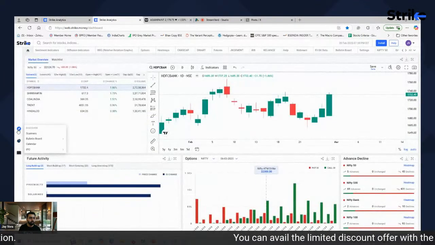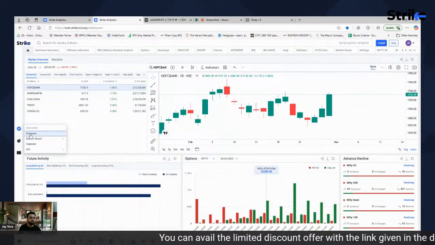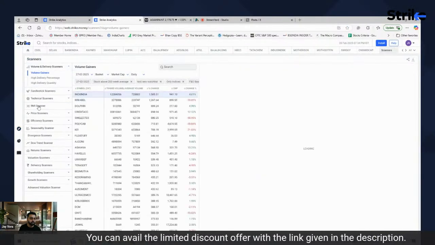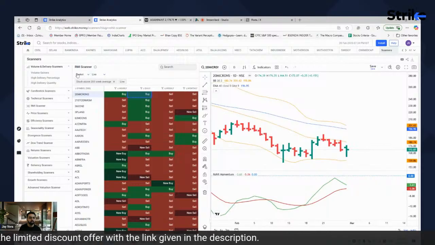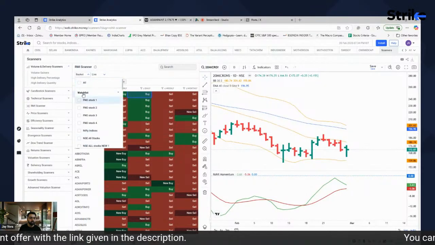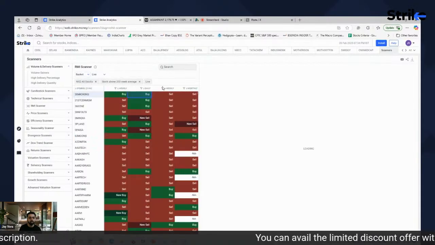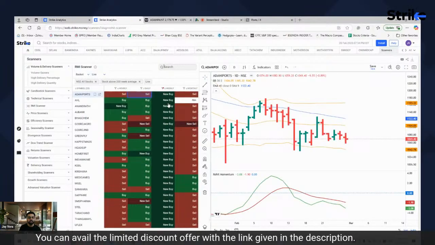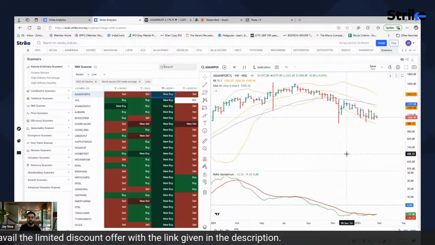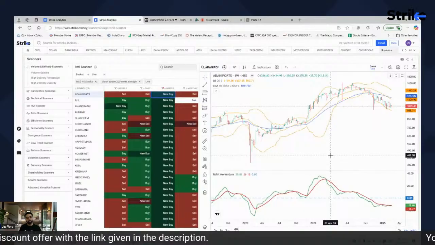So people who are asking for this valuation and so on, you can do one thing. Let me take all Nifty stocks, and here what I'm trying to do is put a filter of a new buy. So these are the stocks where new buys are coming. Okay, so you can do the reverse thing.